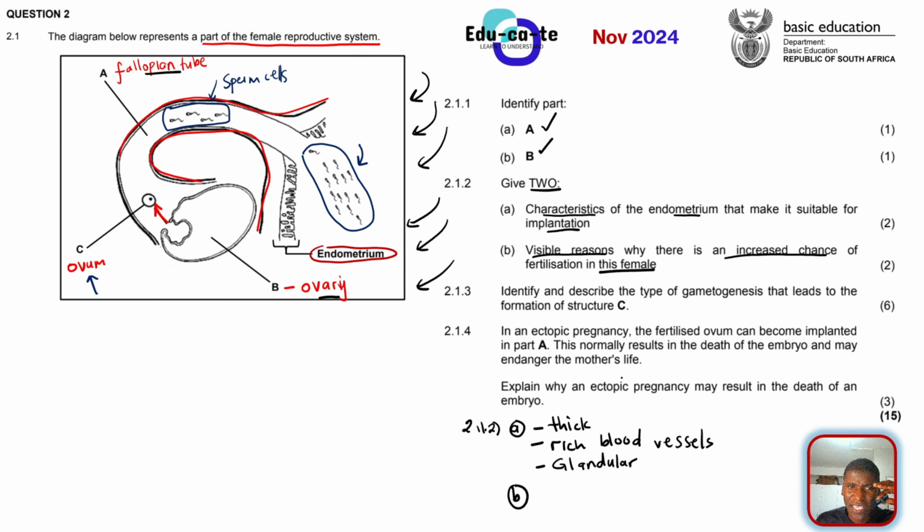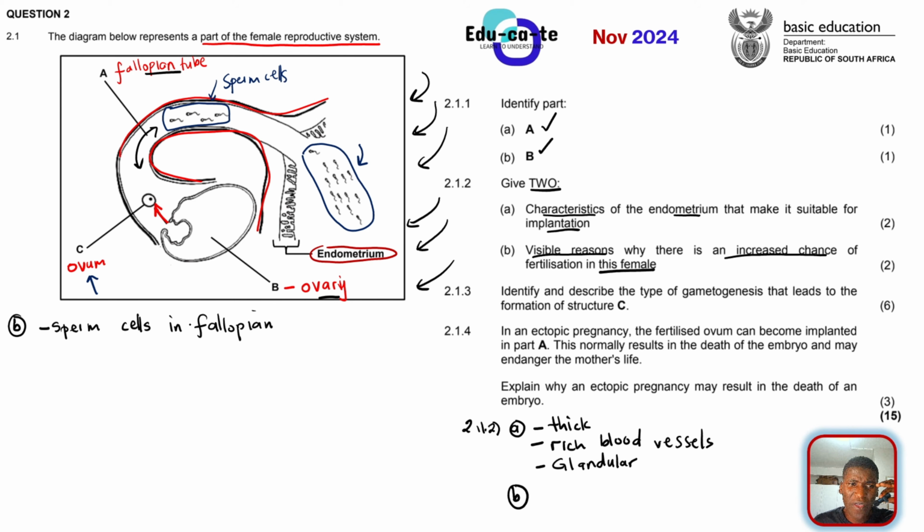We have got sperm cells in the fallopian tube. So you can say that the fallopian tube has sperm cells. So let's just write it here. So there are sperm cells in the fallopian tube. You can see that these sperm cells are getting very close to the ovum. You can see that here there's just a smaller distance. So the moment the ovum is being moved by this fallopian tube, it will definitely get a chance. It has got an increased chance of getting fertilized by one of those sperm cells.